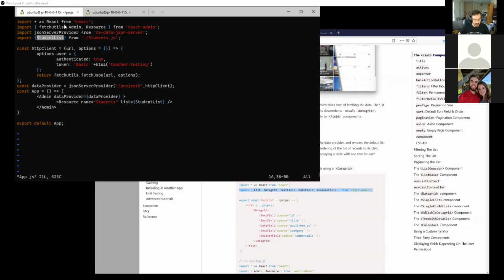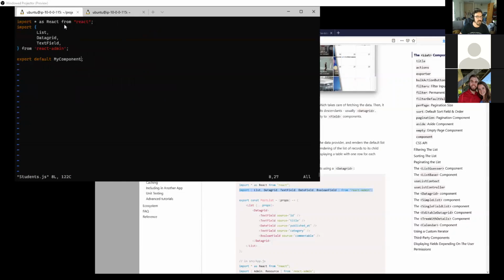So since in our students file we want to export a whole bunch of stuff, we want to export the student list and the student view. We don't want to have all these different files. I know Java, for example, loves to have like 500 files with one tiny little 5-line class in each one, but we don't really need to be doing that here. So we're going to say something like